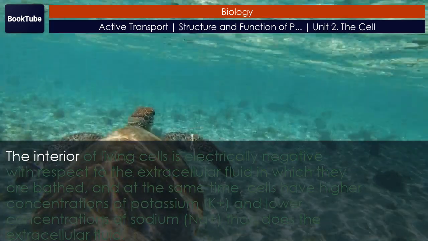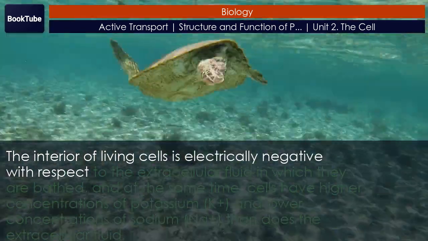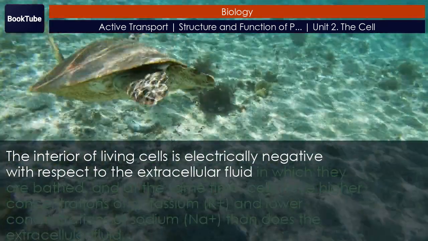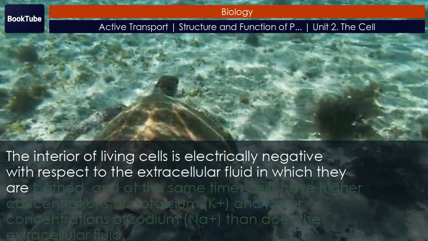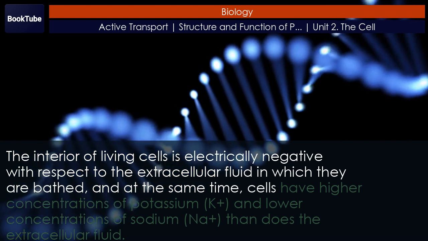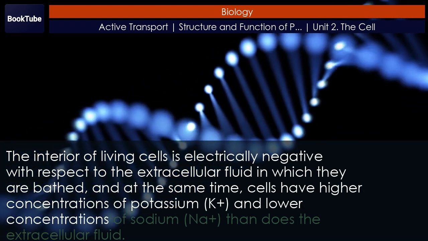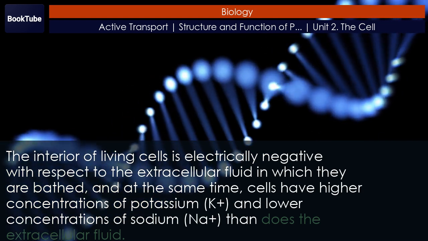The interior of living cells is electrically negative with respect to the extracellular fluid in which they are bathed, and at the same time, cells have higher concentrations of potassium, K+, and lower concentrations of sodium, Na+, than does the